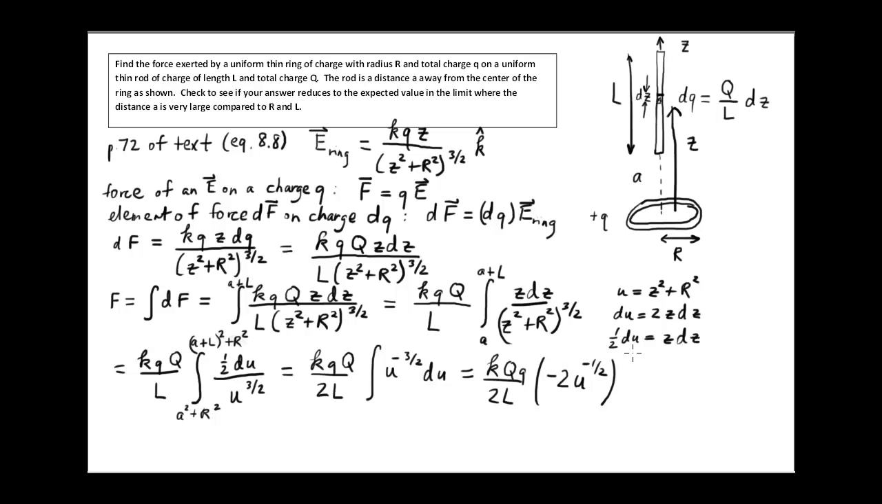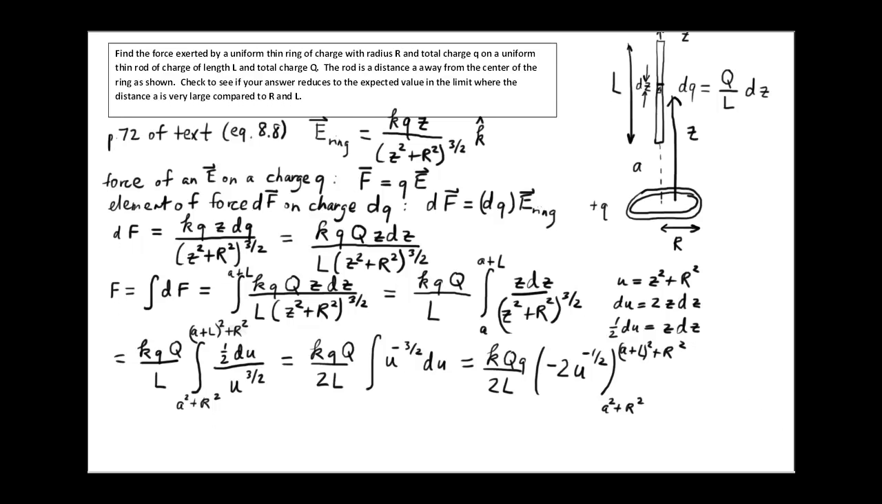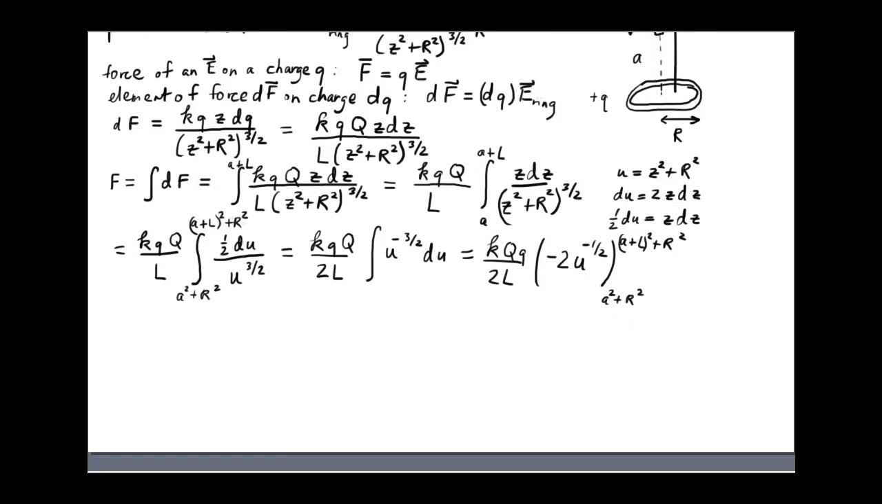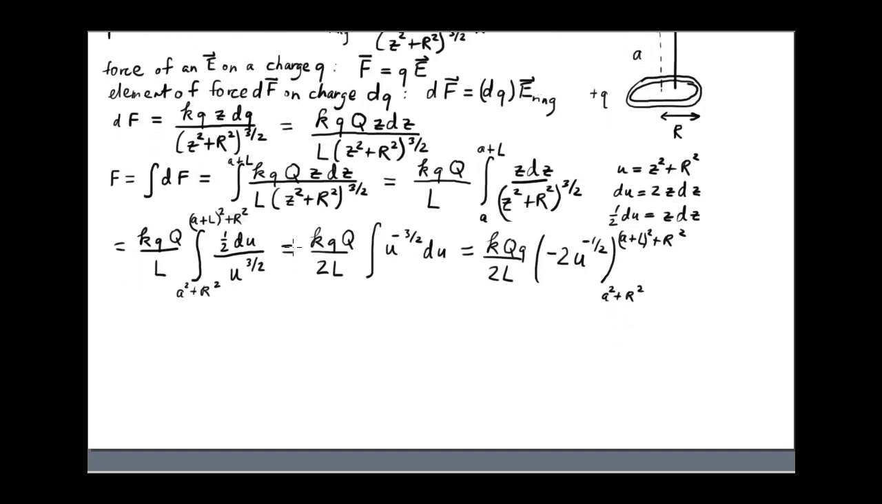That's good. So the limits on this, now I'll write those in again. The limits on u now are, lower limit is a squared plus r squared. The upper limit is a plus l quantity squared plus r squared. And now I'm going to need a little bit more space. So let me scroll down just a bit, give myself a little more space in doing this. So what this gives, if I make the substitution, oh, look at the 2's cancel out. So if I pull